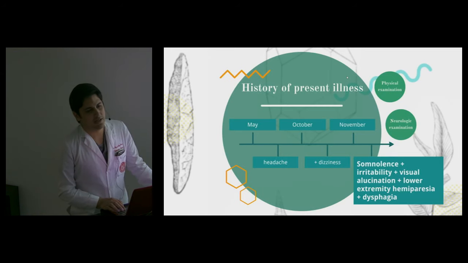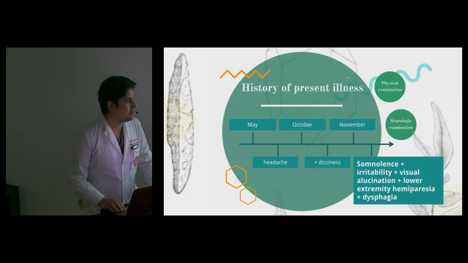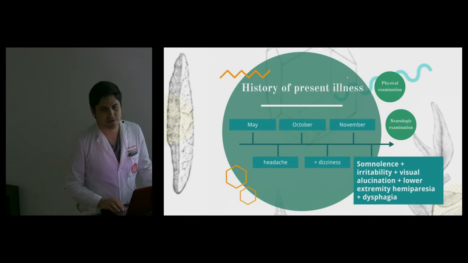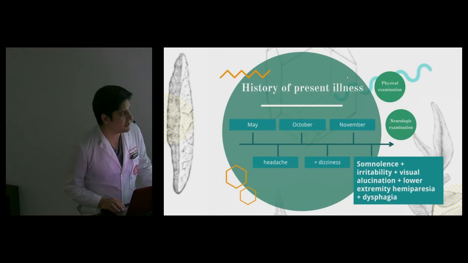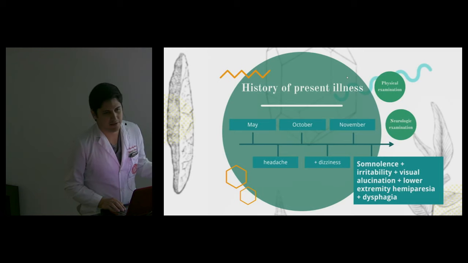They saw a hypoattenuating lesion in the brain parenchyma, and he was referred to the General Hospital of Nuevo Laredo. But because of economic reasons and because the patient was asymptomatic, he didn't go to the hospital,